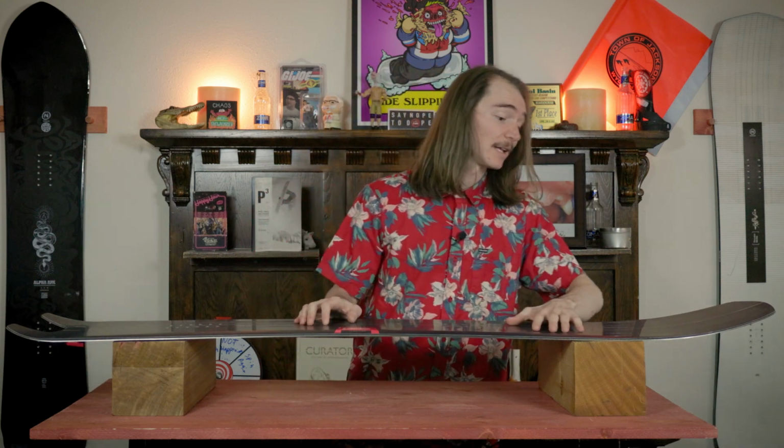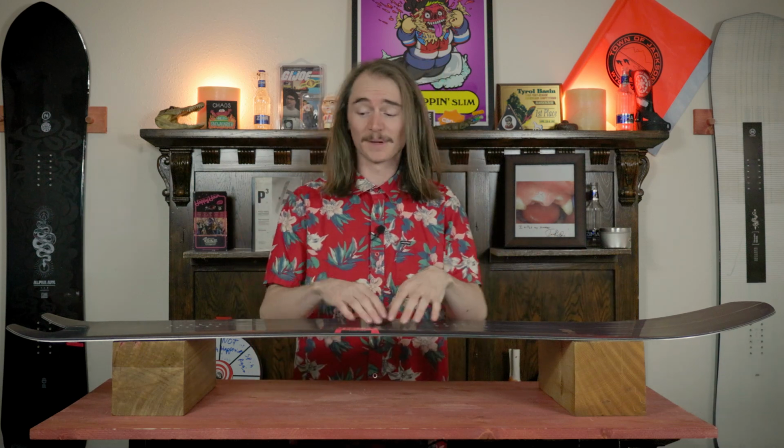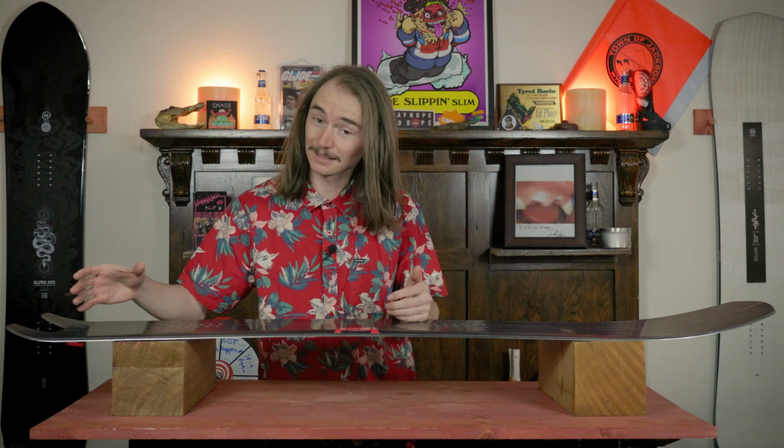The Nidecker Mosquito is equipped with Nidecker's surfy cam rock profile. So what is that, you ask? That is a large rocker section in the nose with camber all the way through the tail. What that's going to do is that large rocker section is going to give you float in that fresh pow, make it so you can turn nice and easy, but that camber section is going to give you all of that drive and power that you're looking for and a slight bit of pop, but you do have that really tiny tail